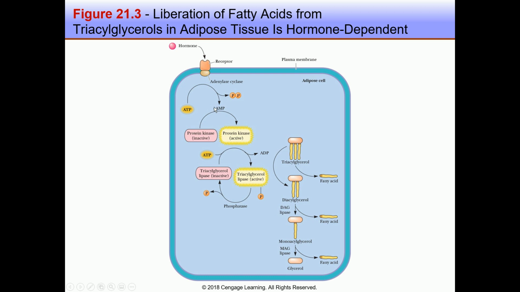C is for cyclic, and AMP is adenosine monophosphate. So adenyl cyclase converts ATP into cyclic AMP, and then this cyclic AMP can activate another protein kinase,